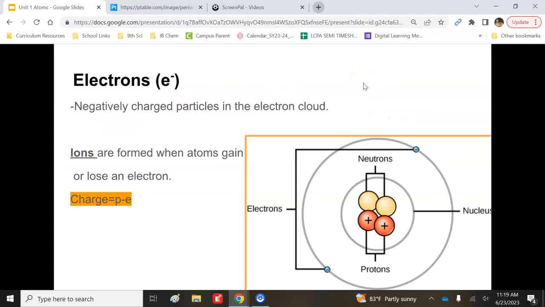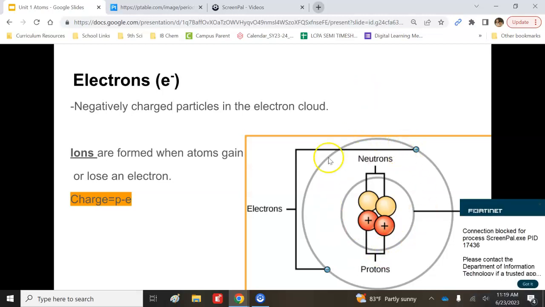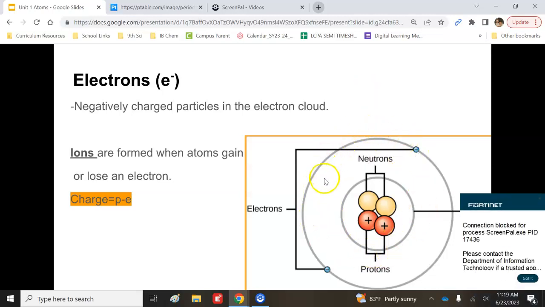Electrons we denote with an E with a little superscript negative sign. They are negatively charged particles, and they are found in the electron cloud. So outside of the nucleus are where we find those